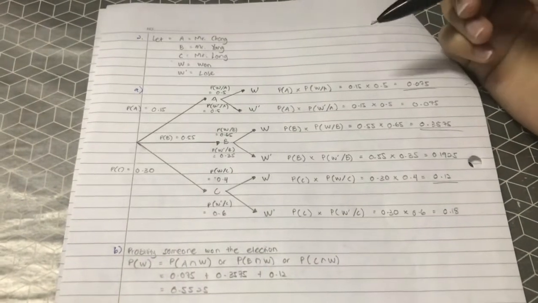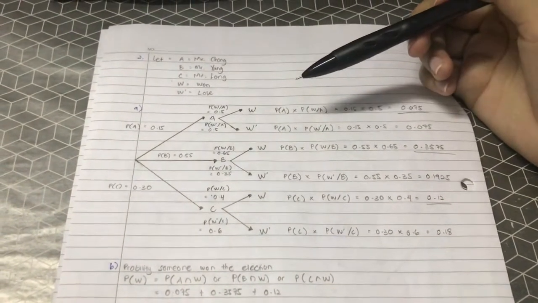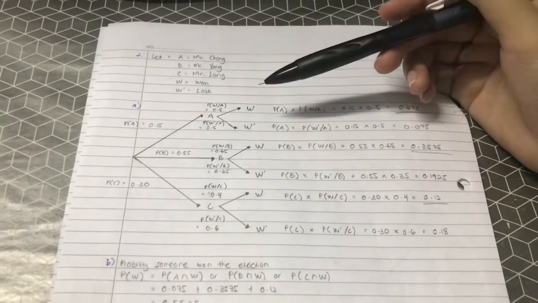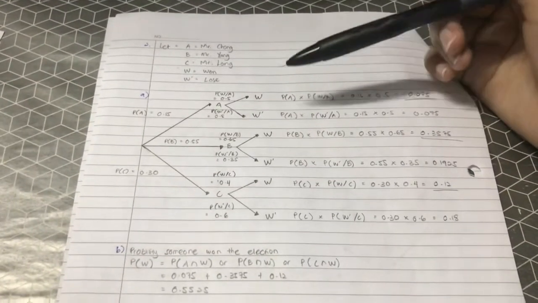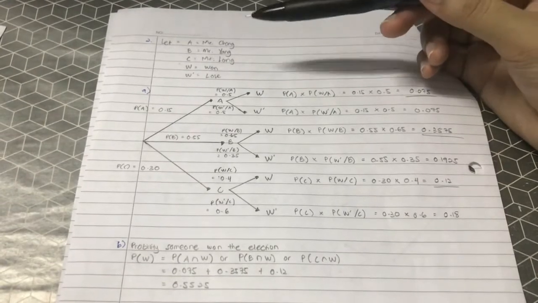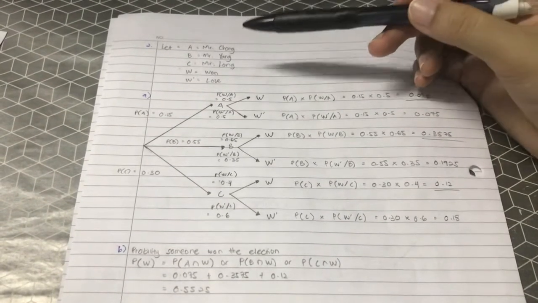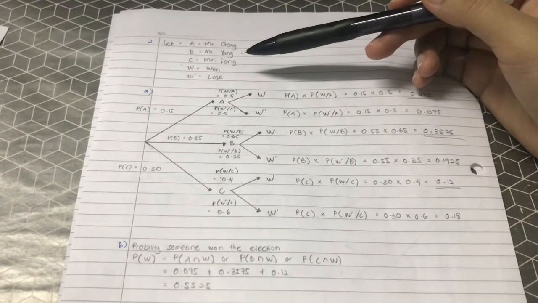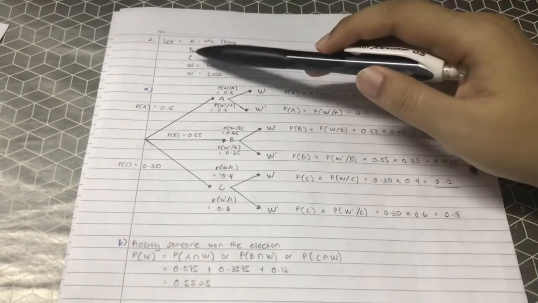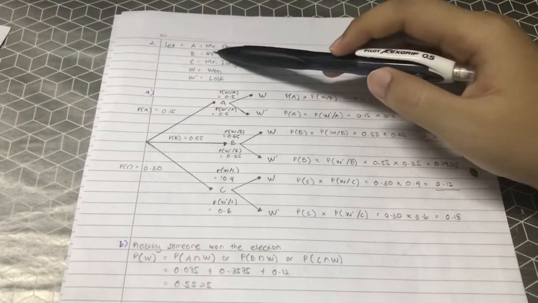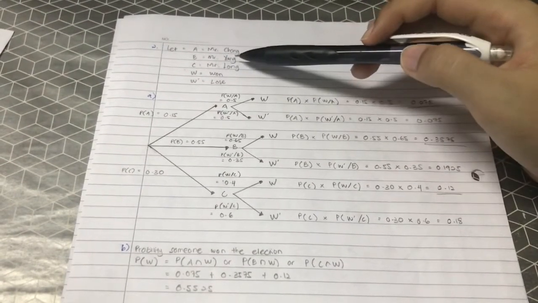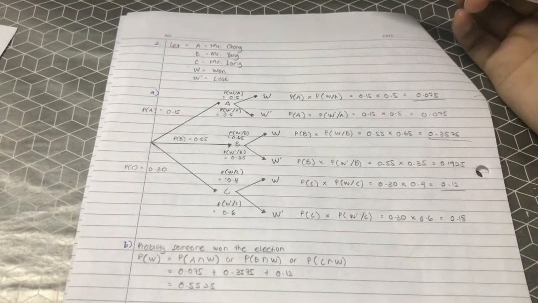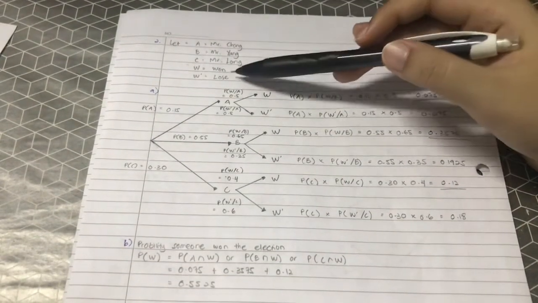So this is my answer for chapter 7, quick check 7.3, where we need to draw the T diagram. Question 2 mentions that there are 3 candidates: Mr. Chong, Mr. Yang, and Mr. Long. So I put A is Mr. Chong, B is Mr. Yang, and C is Mr. Long. The question also mentioned that there are